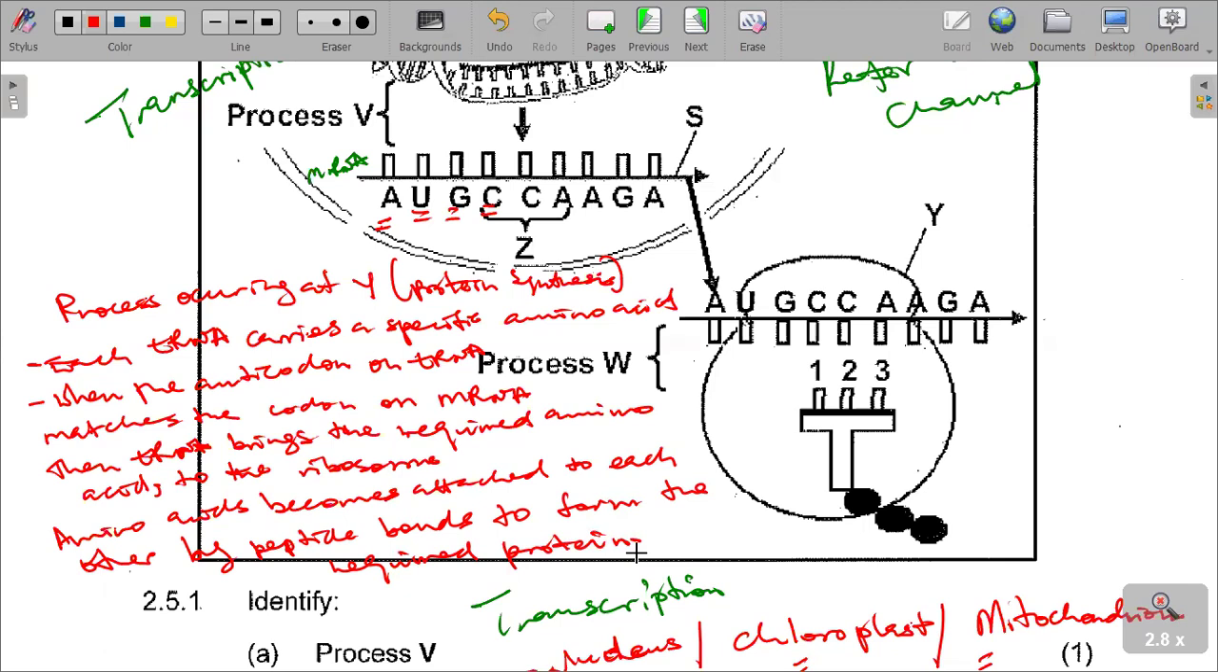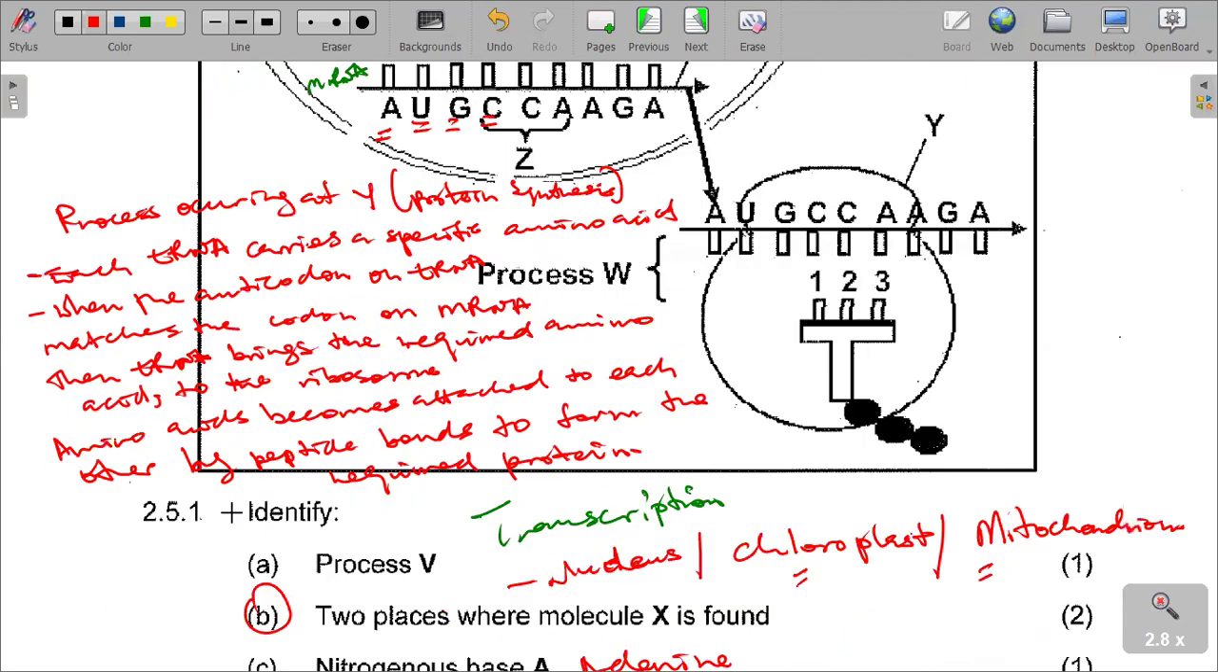So this is what takes place. That is what is taking place there. It's a process of protein synthesis that you are supposed to explain here. The process of protein formation is actually what has to be explained in this respect of process Y, where we are saying our tRNA